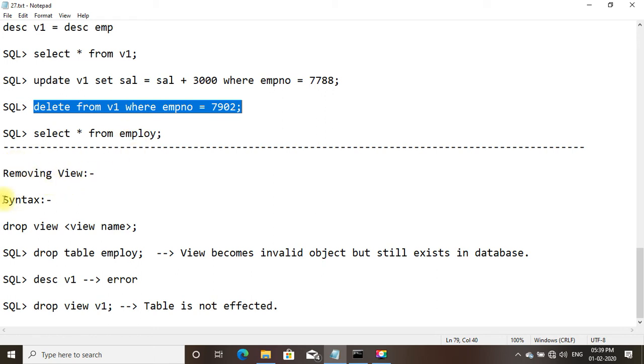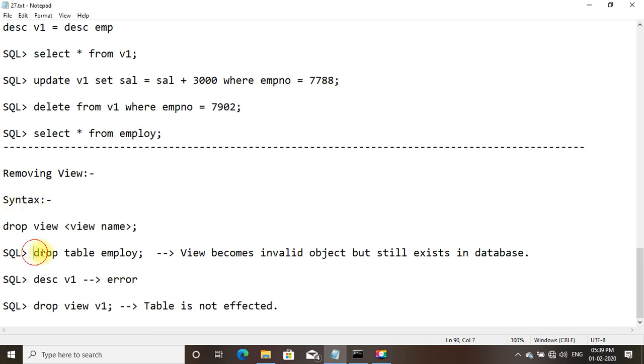Now removing a view. Syntax: drop view name. First we shall drop table employee. If you drop table employee, the view becomes an invalid object but still exists in the database. Describe v1 gives an error. Drop view v1; the table is not affected. So first we shall drop table employee.